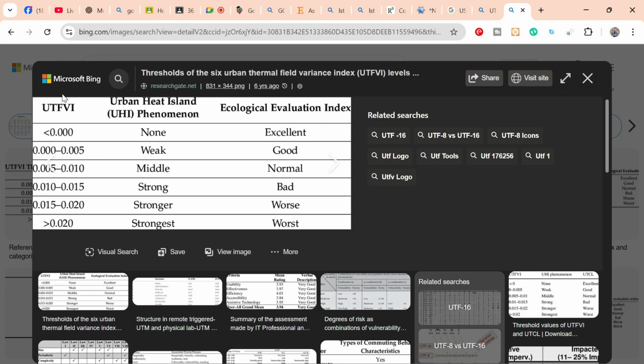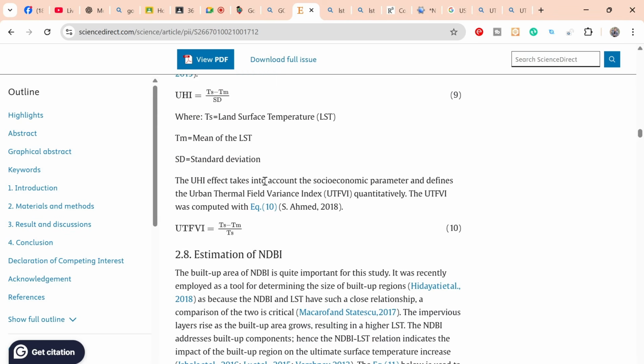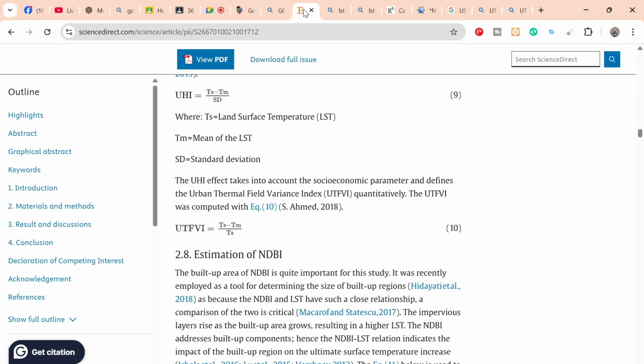So now how can I compute this urban thermal field variance index? We simply apply an equation: LST minus average LST divided by LST. When you compute the equation, we can easily get the result of the urban thermal field variance index, and then we can easily compare these values and identify the ecological evaluation based on the UTFVI. Where is the excellent, where is the good, where is the normal, where is the bad. We can easily identify these based on the urban thermal field variance index. So now we try to compute this equation, LST minus average